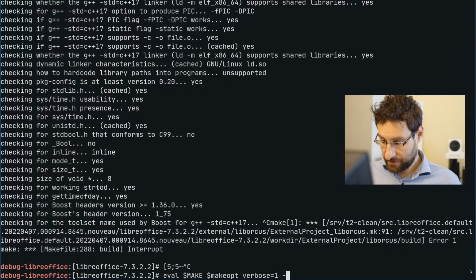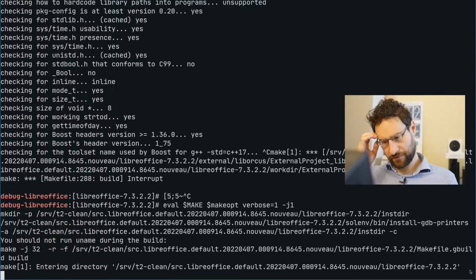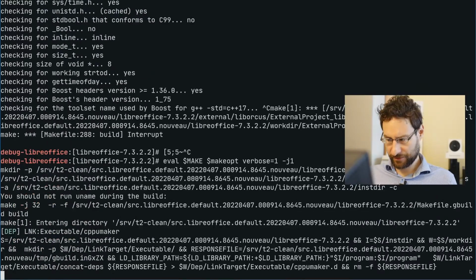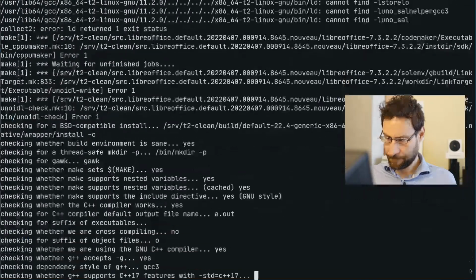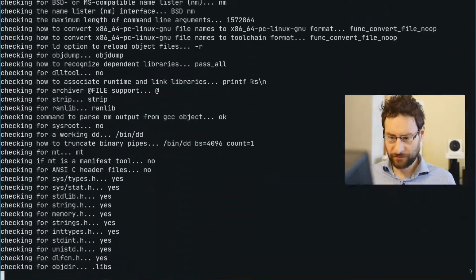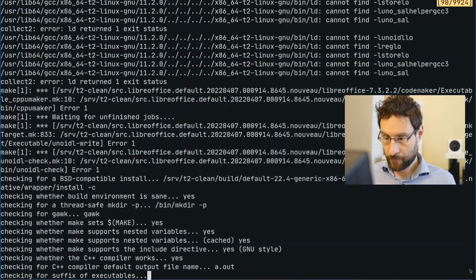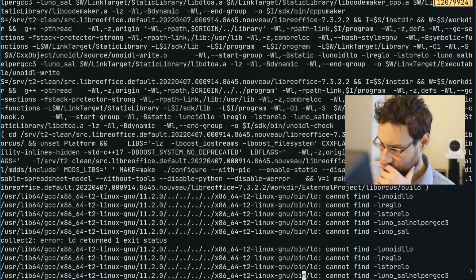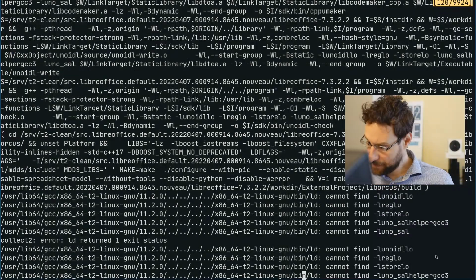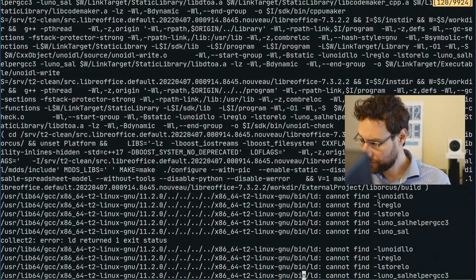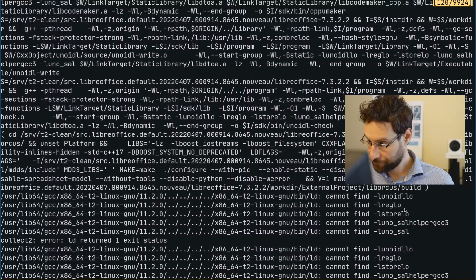Let's see if we can reproduce this with just J1 just to have less spurious build stuff there. Why does it still configure that? That is so bizarre. With J1 it shouldn't really do that. So we have way more here.